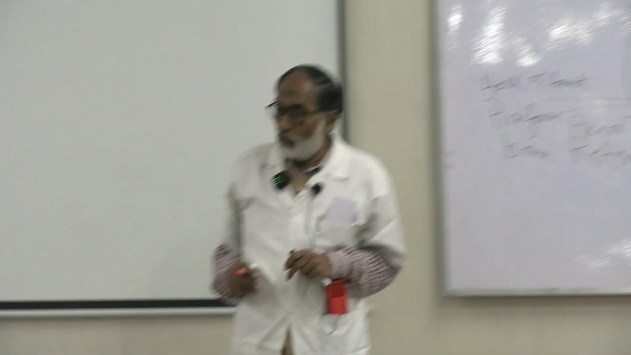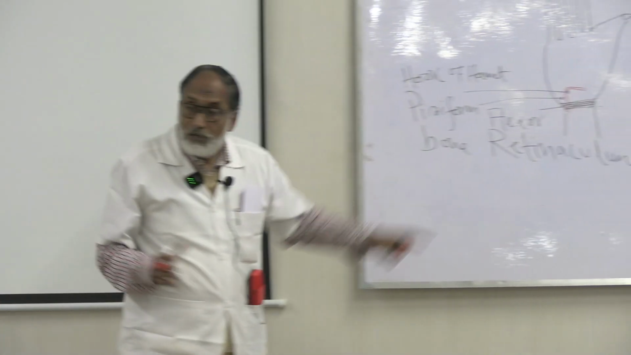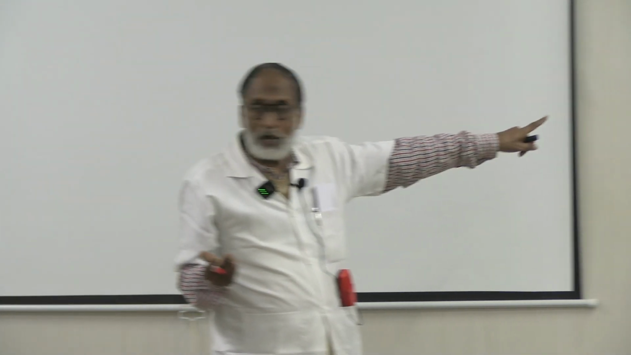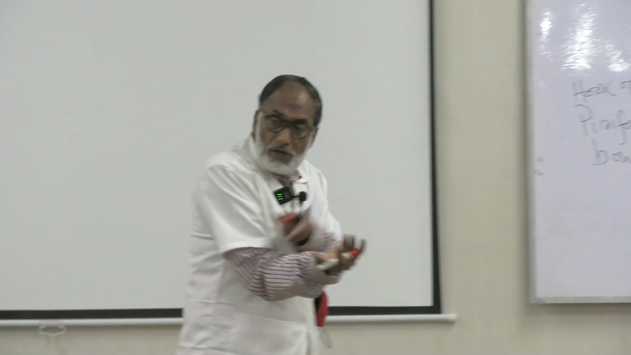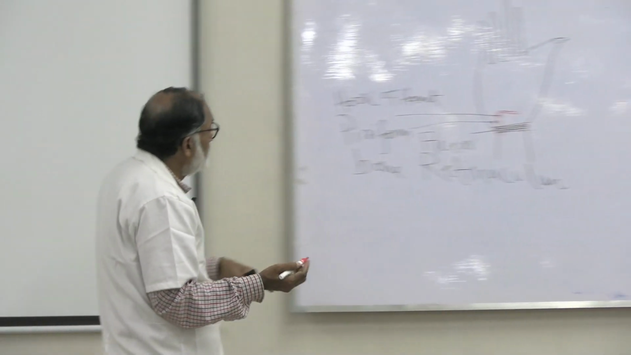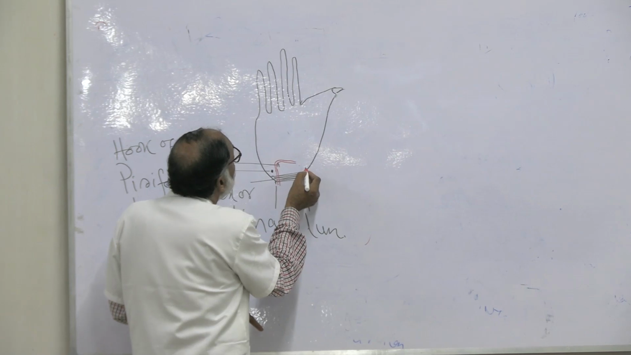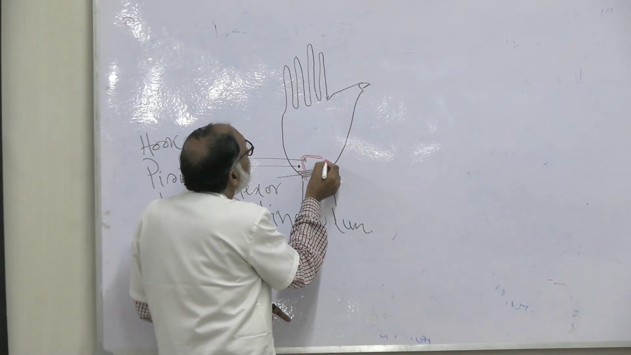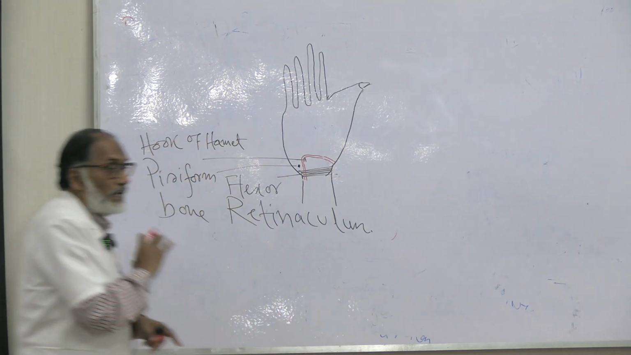It is the hook of the hamate below. Actually, this superficial branch is the main continuation of the ulnar artery. Now, this superficial branch will join the superficial branch of the radial artery. Radial artery comes from the radial aspect. It is a radial aspect. So this is the radial artery, superficial branch of the radial artery, and these two will meet to form the